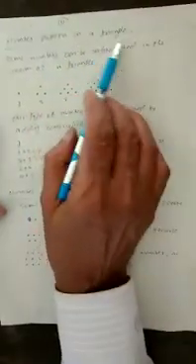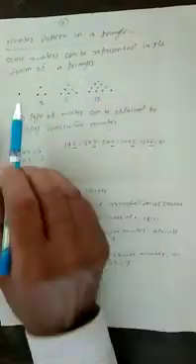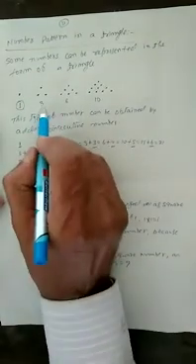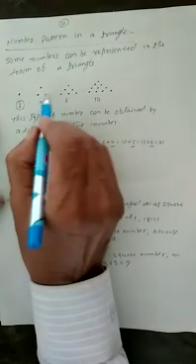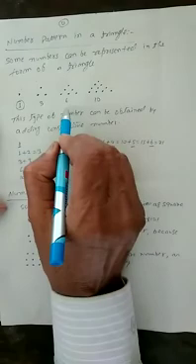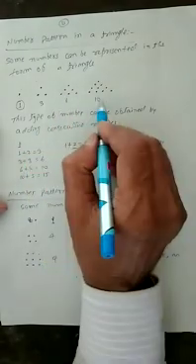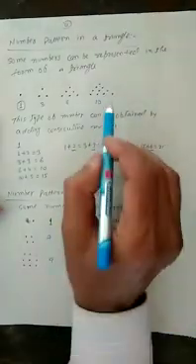Number pattern in a triangle. Some numbers can be represented in the form of a triangle. Here 1 is a unique number. Always remember 1 is a unique number. Then 3 can be represented as dots: 1, 2 and 3. Then 6 can also be represented in the form of dots. I have written here 6 dots. And then 10. Now the question is how we can find the next number.